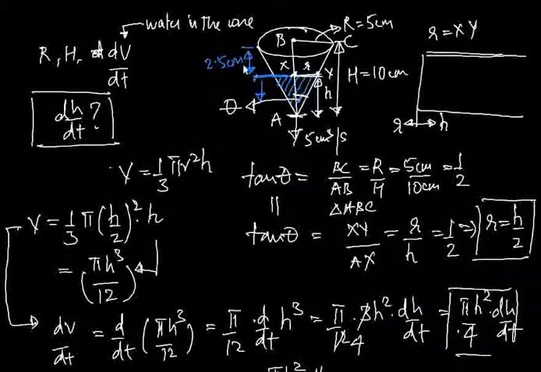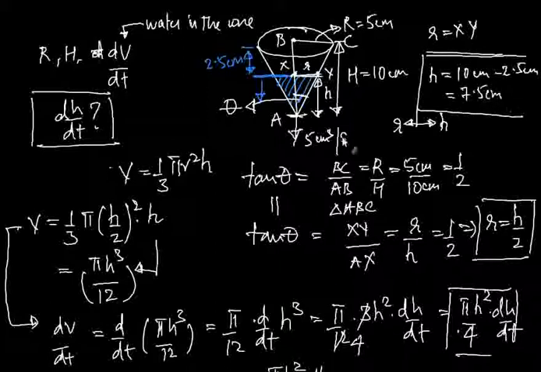What's the value of h when the water level is 2.5 centimeters from the top? Well, h is simply going to be equal to 10 centimeters minus 2.5 centimeters. 2.5 centimeters is measured from the top, and h is measured from the bottom, and the height of the whole cone is 10 centimeters. So h at that point of time is going to be